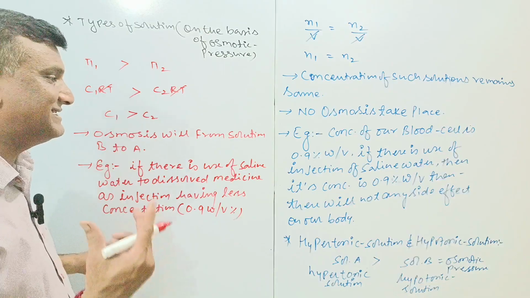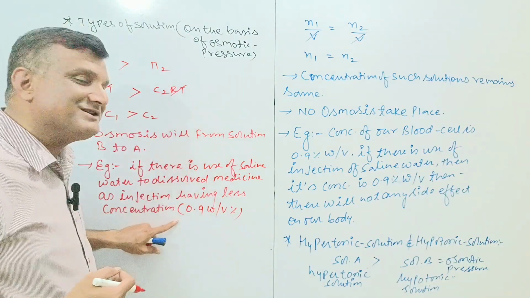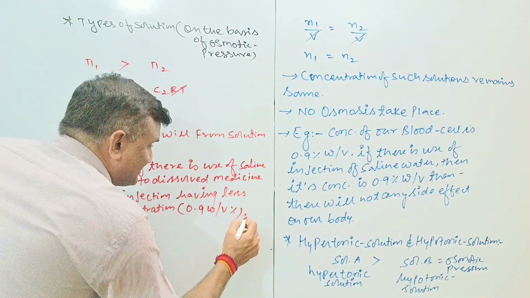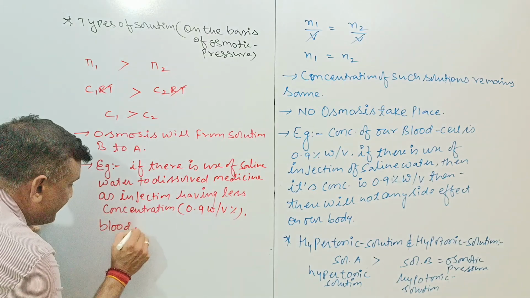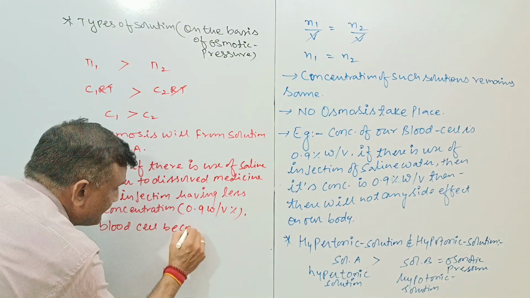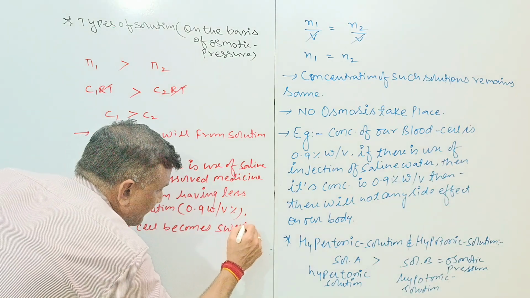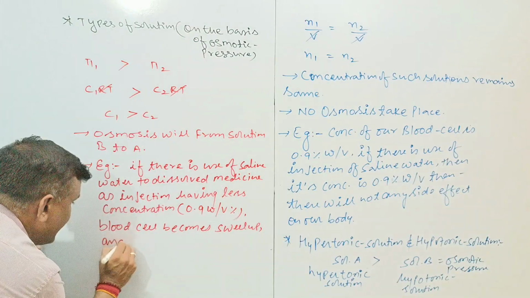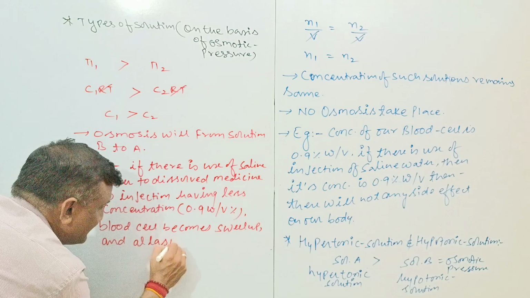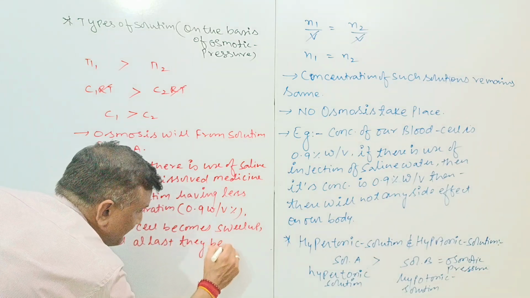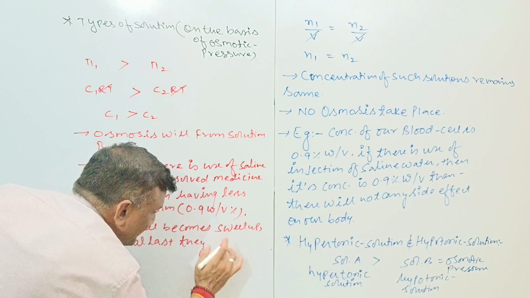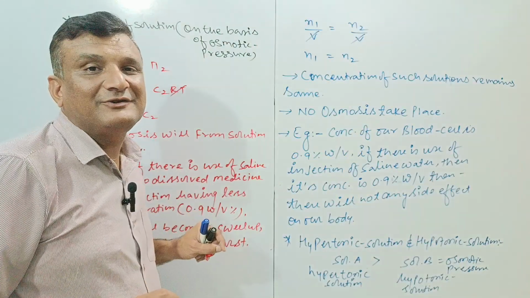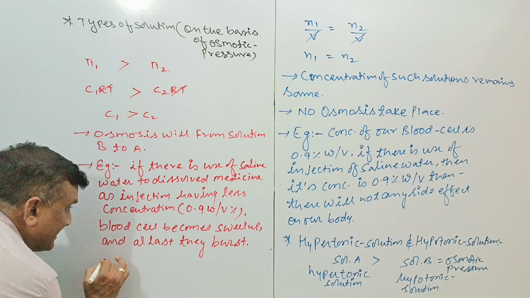इससे कम कंसंट्रेशन वाला आपने इंजेक्ट कर दिया बॉडी में, तो नो डाउट ये लो कंसंट्रेशन है, लो कंसंट्रेशन से हाई कंसंट्रेशन की तरफ जाएगा, मींस blood cells just swell up, blood cells swell up हो जाएंगी, and at last they burst, वो फट जाएंगी।